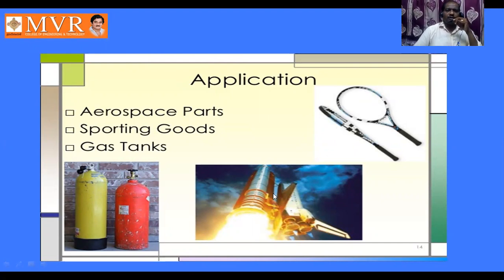In some aerospace parts, we use filament winding to hold large temperature, large pressure, and large gases for a long period of time. As the temperature increases, pressure also increases. Still, to withstand that, we go for this tank. These are examples of tanks which can be used for filament winding to resist the damage or breaking of the cylinders with excess pressure.